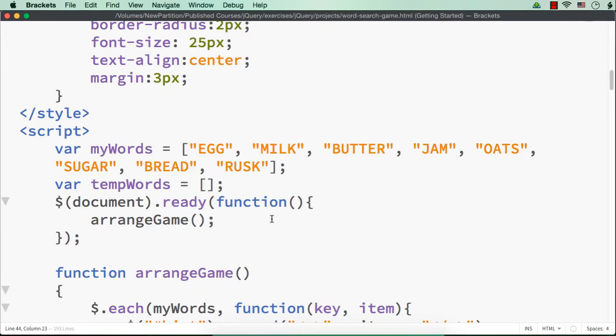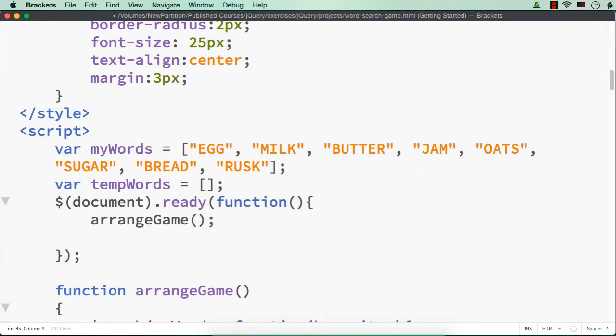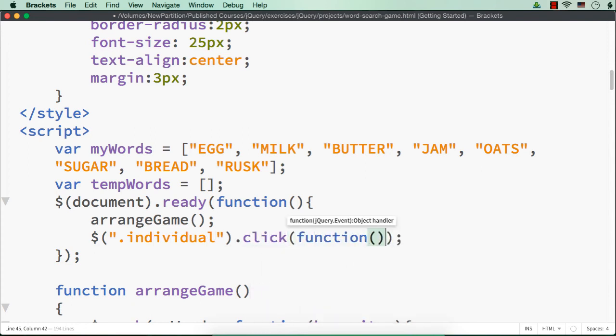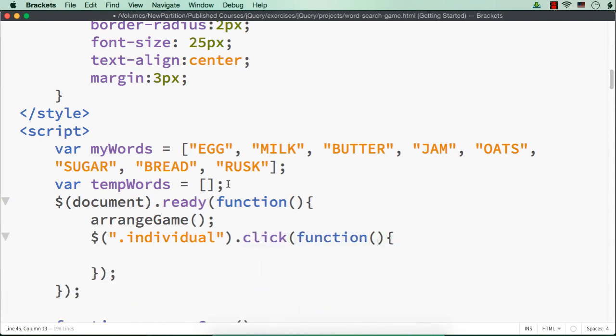So here in the document.ready event, let me write $('.individual').click function. Let me have a variable here, selectedWord, equal to an empty string. Okay.